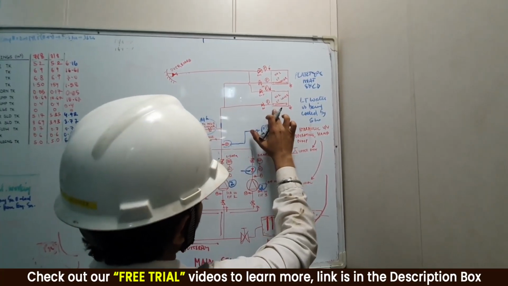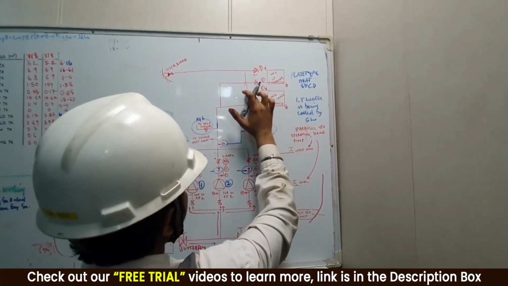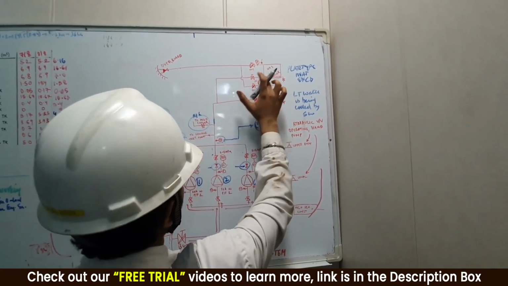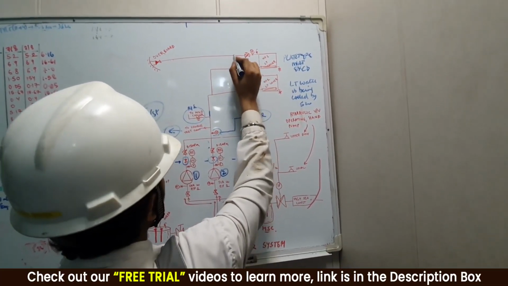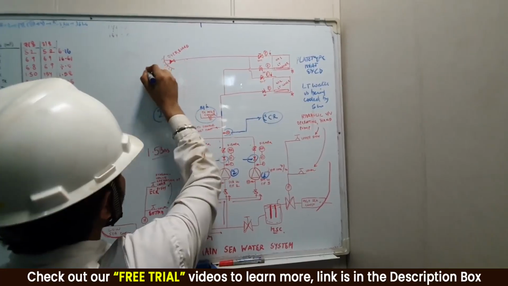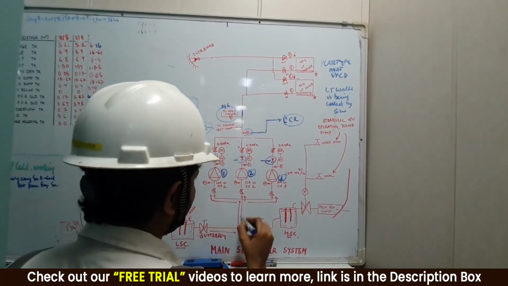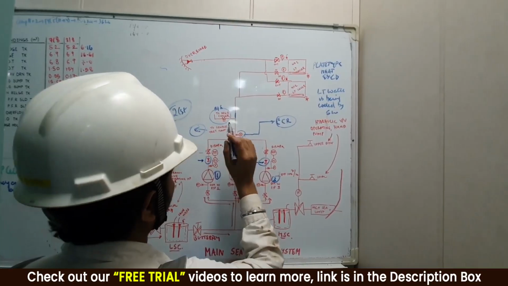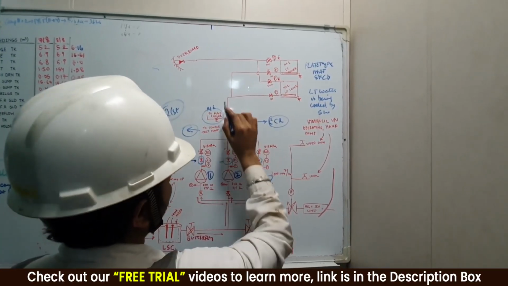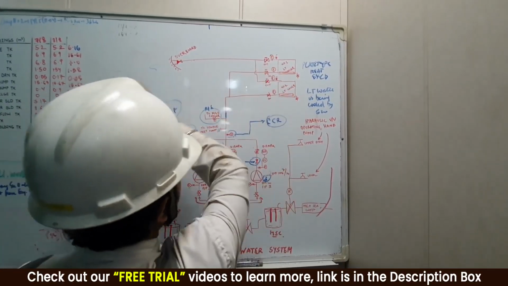So I just made the seawater diagram over here. Seawater comes in from here, it goes in and then it comes out. Also it goes into the other cooler, it comes out from the other cooler, and both the outlet lines you can see are joined together and then they are going overboard. Can you see? The water is going out. So the water that is coming from here going to the sewage treatment plant, if the valve is shut, no problems. MGO cooler valve is shut, no problems. Then it goes to the LT cooler and then it goes out.